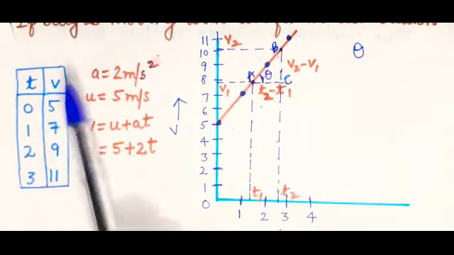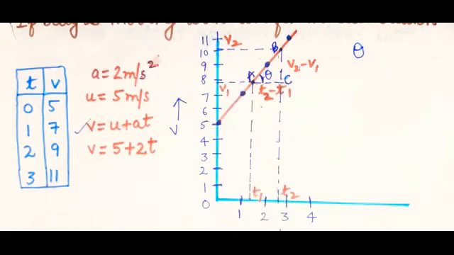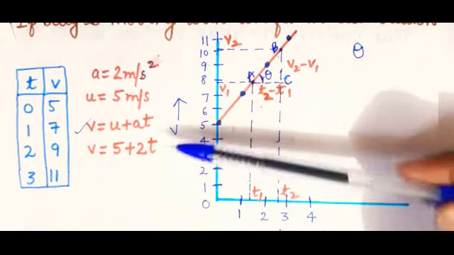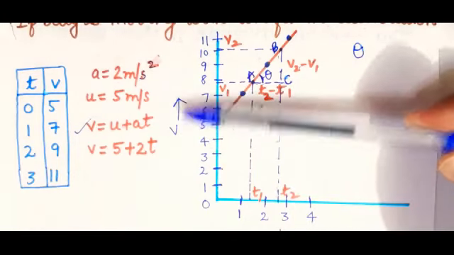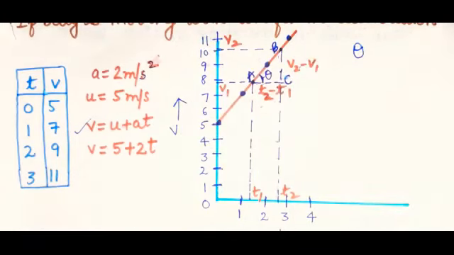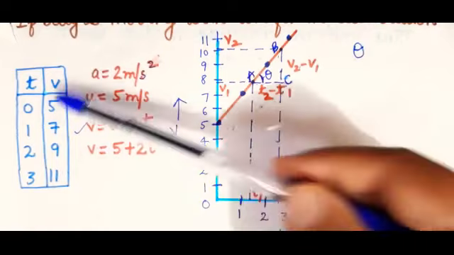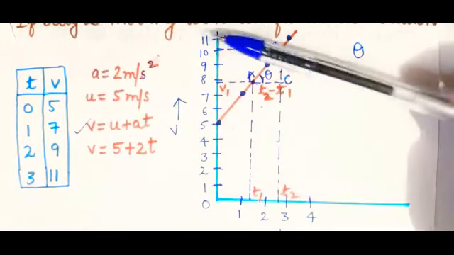Now after getting this table, start plotting a graph. This is a velocity time graph, which means it is a VT graph. Now in the VT graph, we take time on the x-axis and velocity on the y-axis. Time is 0, 1, 2, 3 and so on, so I have put 0, 1, 2, 3 and so on. And velocity according to this, I have put 0 to 11.